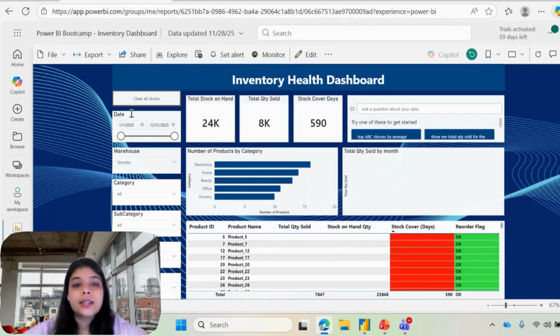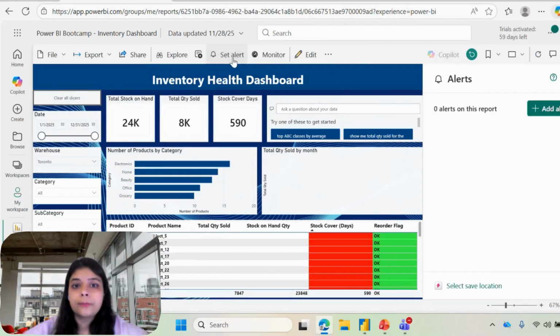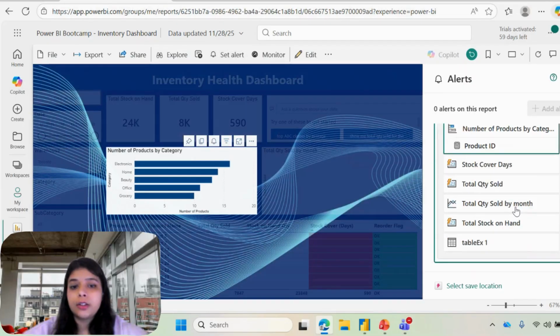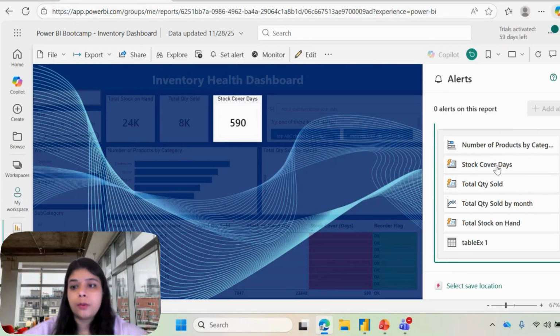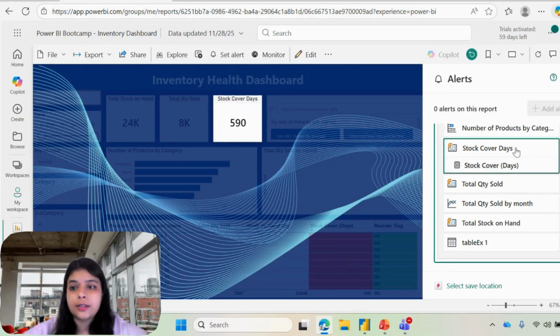The third is the alerts. So for that, again, on the top bar, you see set alerts. So we click on that, and here you get everything from the dashboard. So for example, let me say stock cover days. Whenever I want to set an alert on the stock cover days, I hit that,